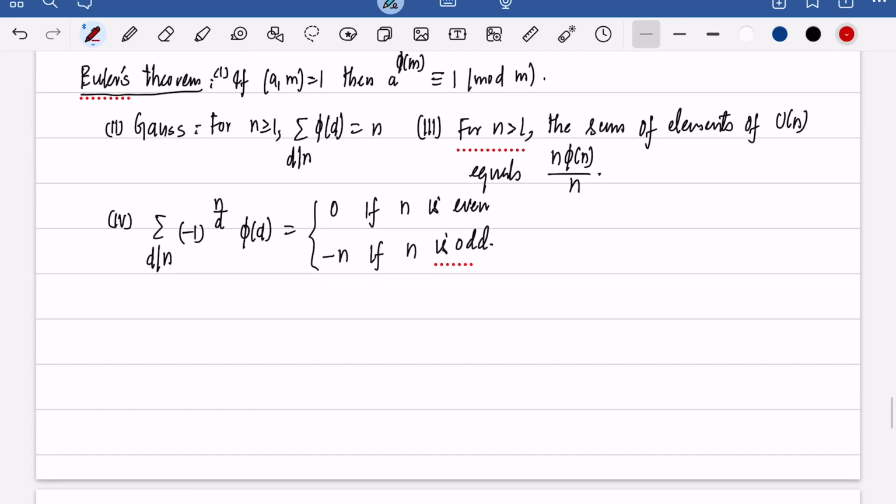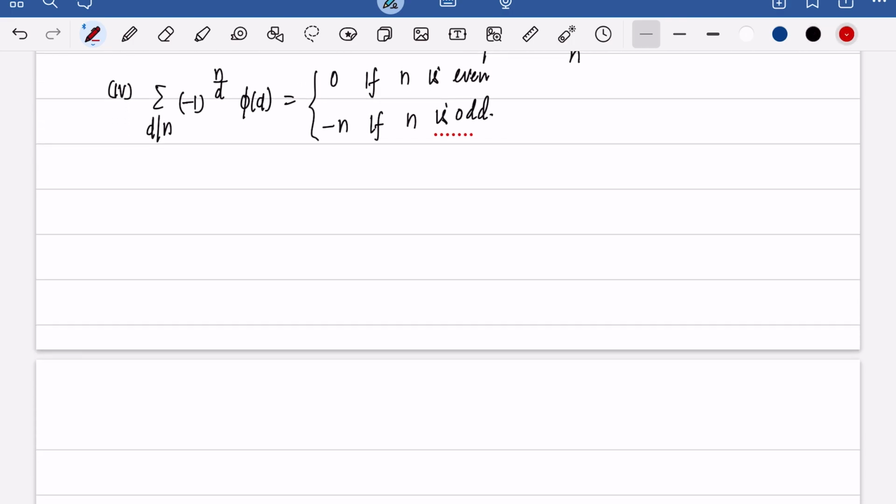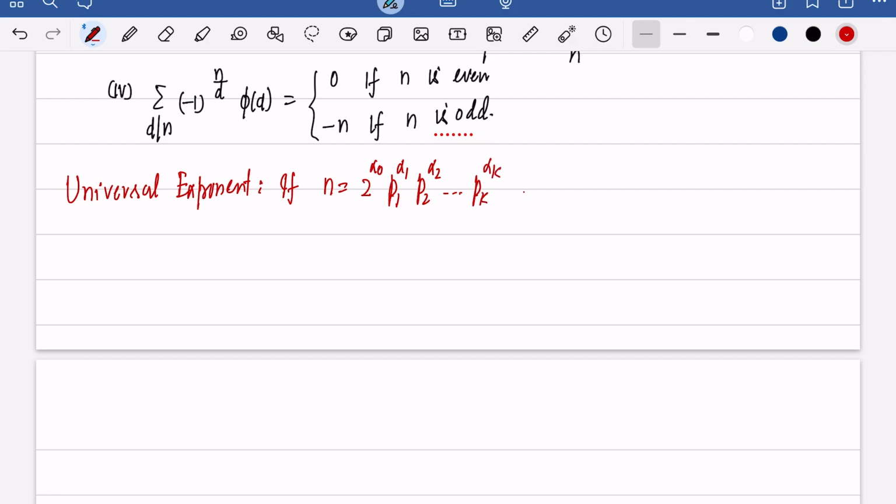Okay, now with this revision we begin to define the universal exponent. The universal exponent is defined in this way: if n is equal to 2^α0 p1^α1 p2^α2 ... pk^αk, which is the prime factorization of n greater than 1, then the universal exponent is